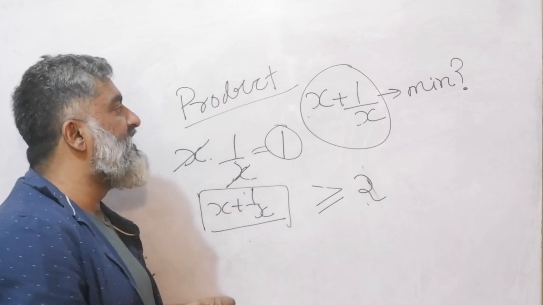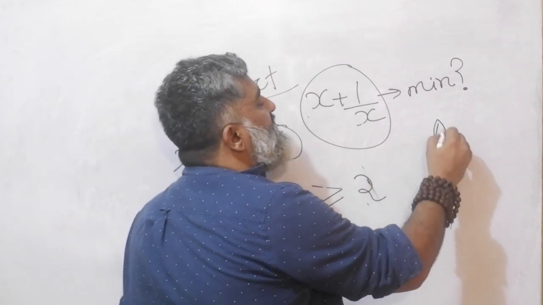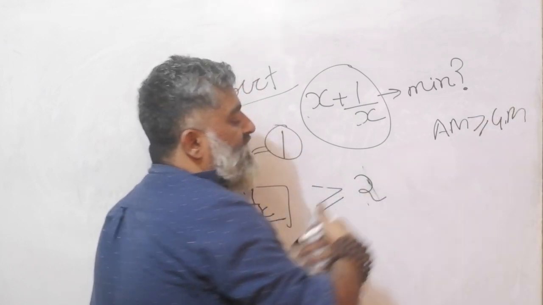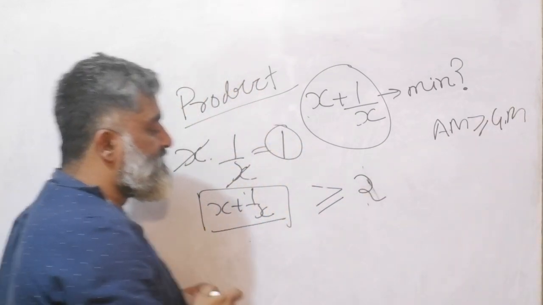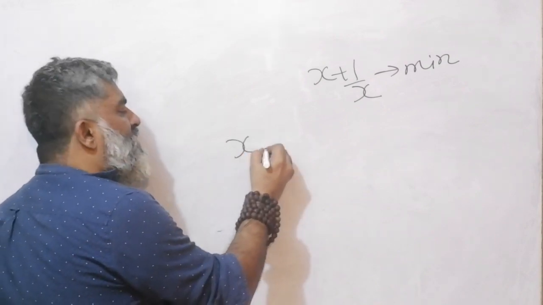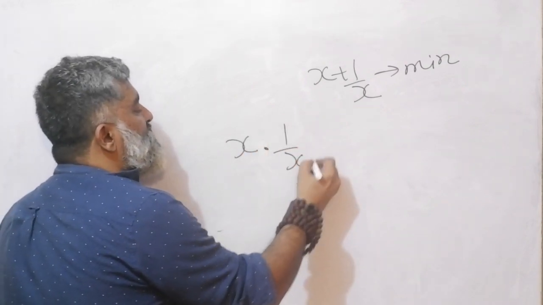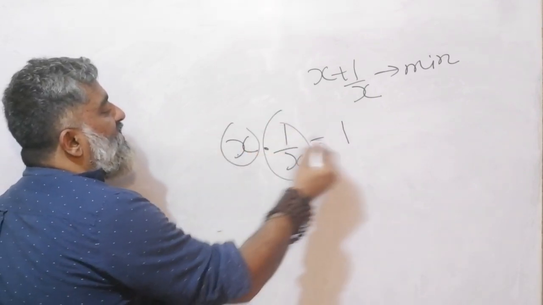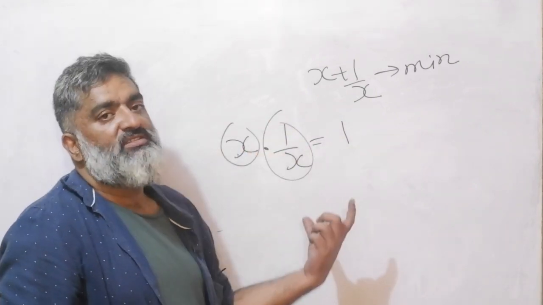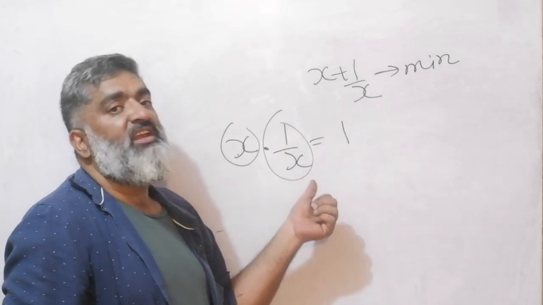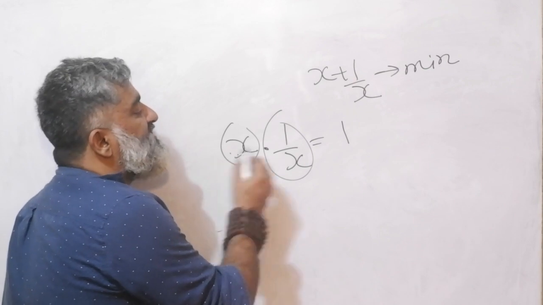So that is one way of dealing with this, and this was using AM is greater than or equal to GM for any given set of terms. Still with the same problem, same challenge, just for fun applying the other approach as well. So these are my two variables and the product is given to me. The product is constant. That means the sum will be minimum when the terms are equal to each other. So these are the two terms.